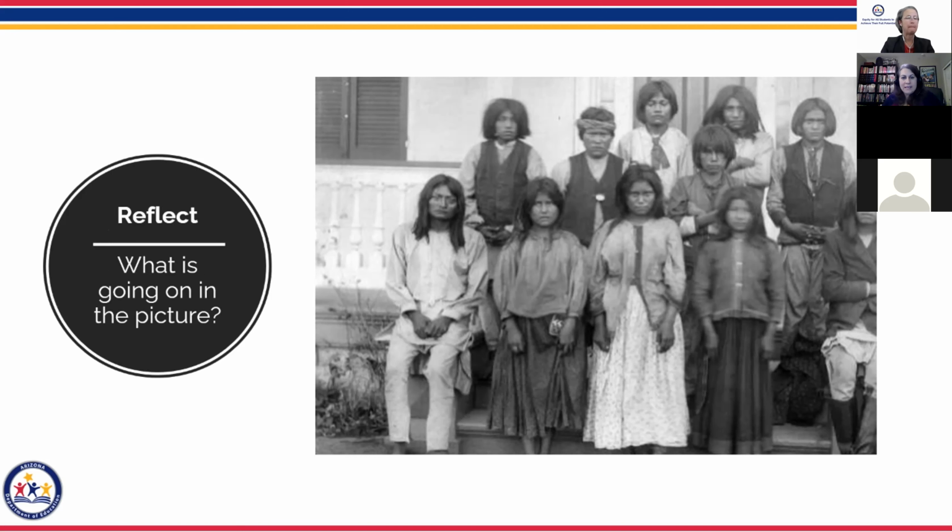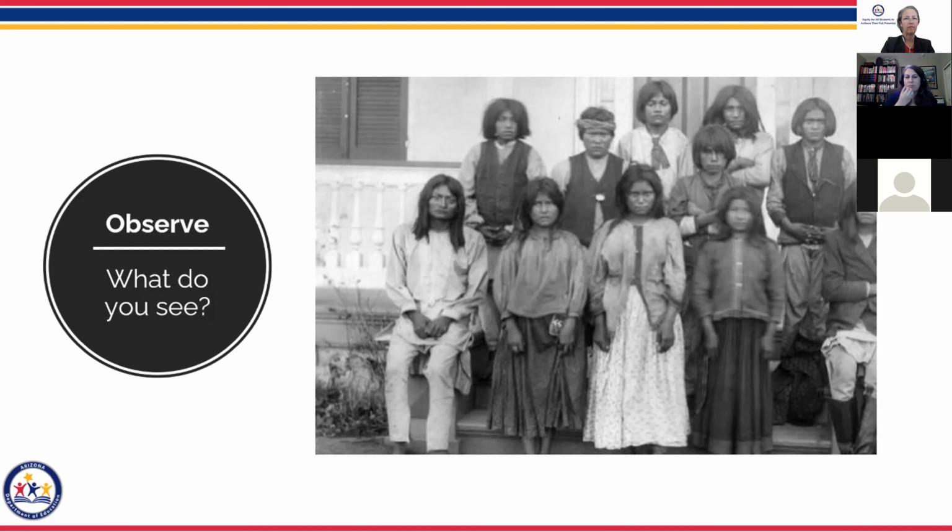So next slide. The observe, reflect, and wonder strategy is where you take a primary source and take students through a series of three questions to get them to develop some connections with it. The first part is always an observe, and you have them look at the source and observe what they see, not what they think, but what they see. You can do that many different ways. You can have them circle things. You can ask, what do you see first? So you take them through maybe some guided questions.